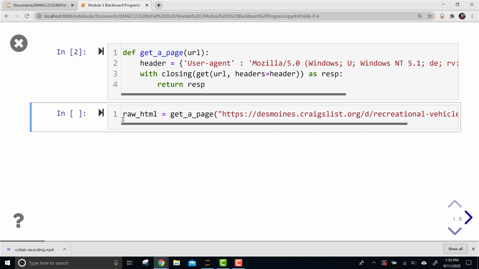So here, you can see I'm creating a variable called raw HTML, and then I'm calling that function with a URL. Today we're going to grab some information off of Craigslist. I've chosen the recreational vehicles section because I'm into camping and I'm always keeping an eye out for a good deal on a different camper. When I run this, you can see that it has completed, and so now I have raw HTML scraped